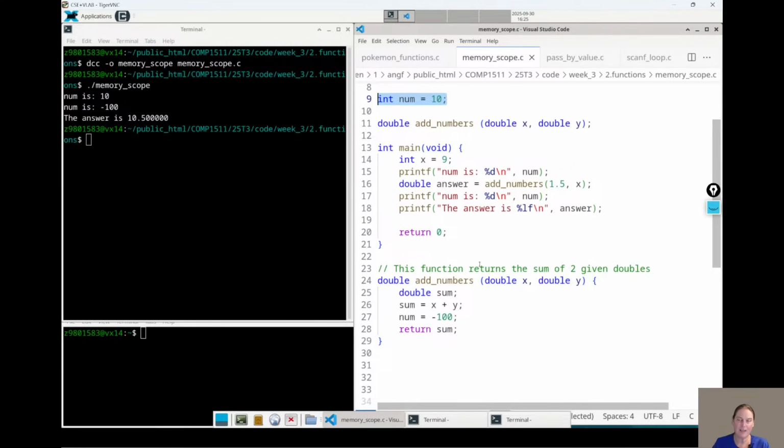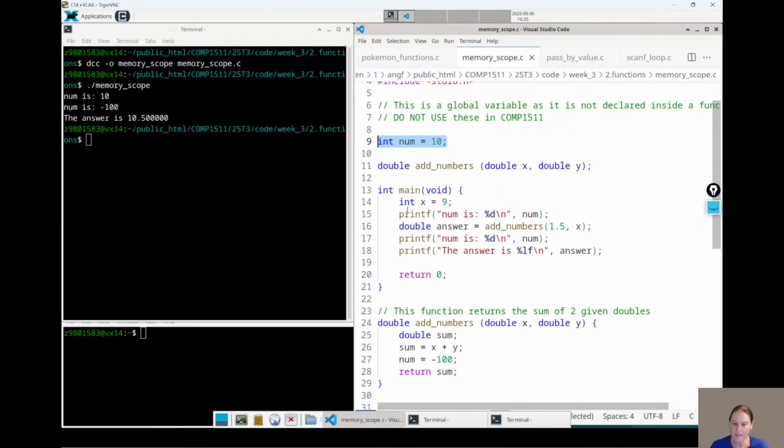It's bad style. It's hard to track down bugs. It also makes it hard, if you've got all your variables as globals, to keep making up new names. There's a lot of reasons why you wouldn't want to use it. There's a few reasons why you might, but none that we need to do in this course.